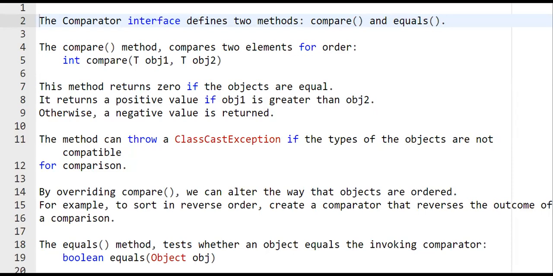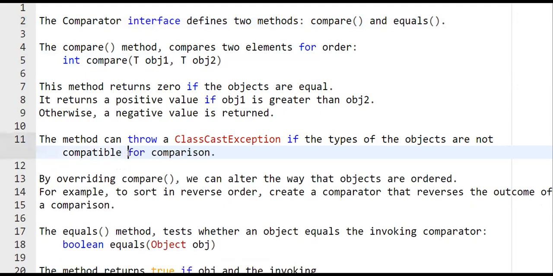So all the three cases will be there. If object 1 is greater, then positive. If object 2 is greater, then a negative value. If both are equal, then 0 will be returned. This compare method is capable of throwing a ClassCastException if the types of the objects being compared are different.